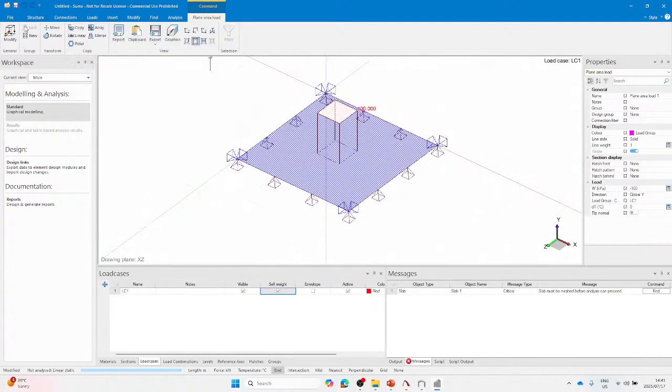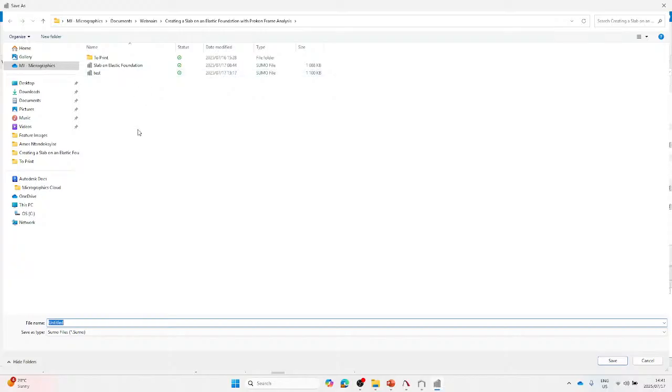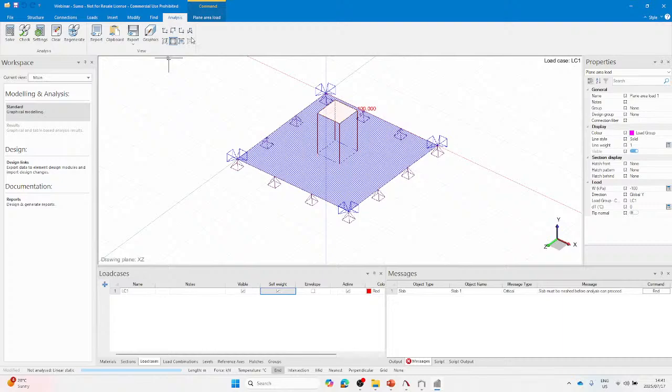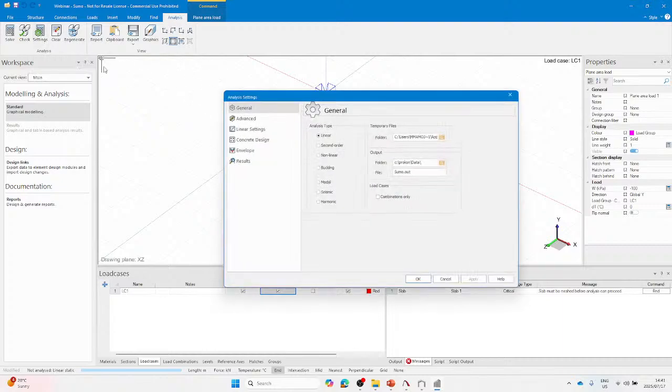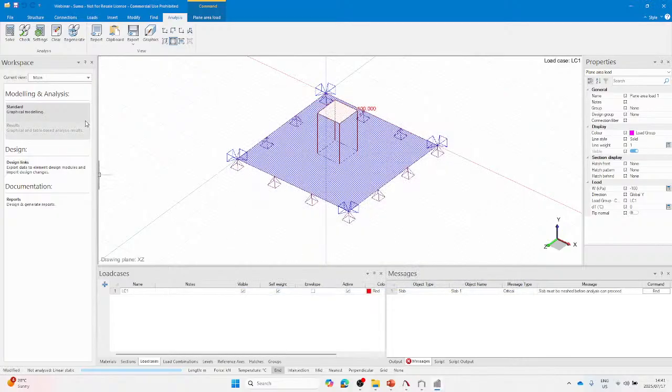And then from there, I think we need to save this as well. So save as, so I'm just gonna say webinar and say save, sorry. And then from there we go to our analysis tab, and we can click on settings. We will definitely run just a normal linear analysis as well for this, nothing fancy, because we are just trying